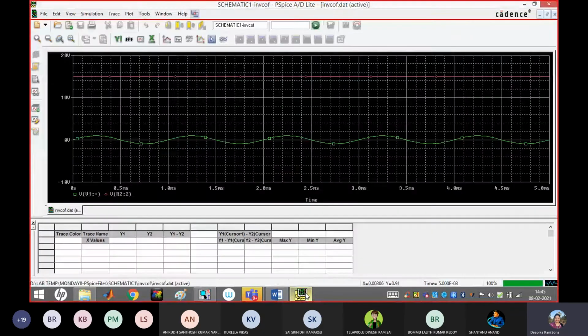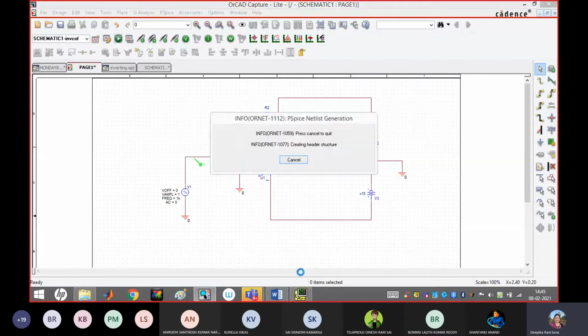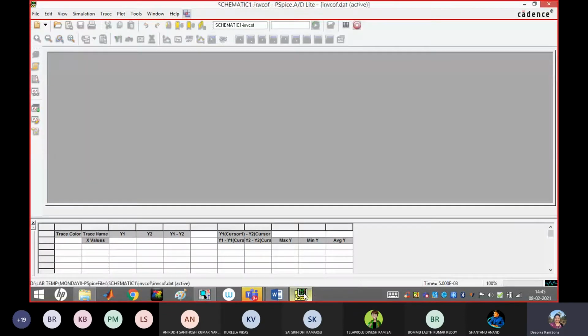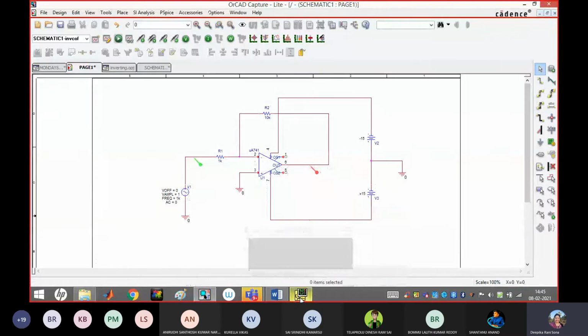Output is not coming. Some mistake is there. Some points are missed out. Let's see where it is. We have to check that. One moment, guys. Pin numbers 2 to 6 are not properly connected. Wait. Yeah, because only the input is coming and the output is not coming. I have to recheck my connection.